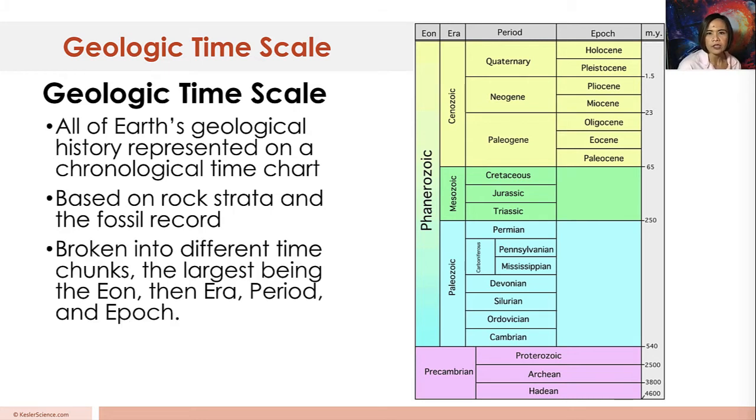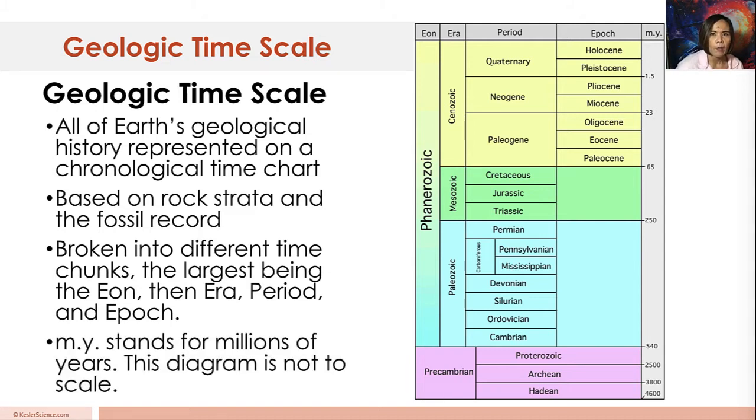Now, this is the scale, as you can see here on this chart. This is broken up into different time chunks, the largest being the eon, then the era, then the period, and the epoch. Now, MY stands for millions of years, and this diagram is not to scale, but as you can see from